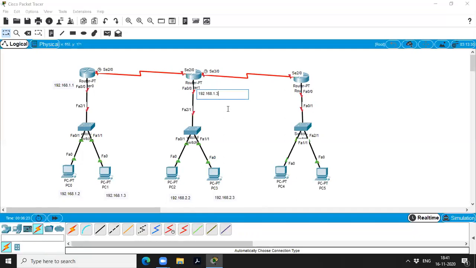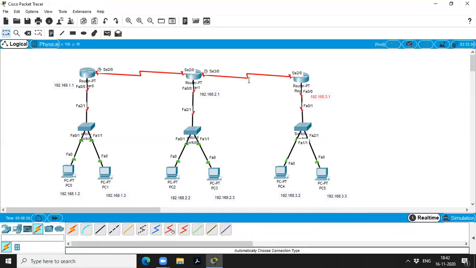This belongs to 2.1. This belongs to 3.1, this belongs to 3.2, and this belongs to 3.3.